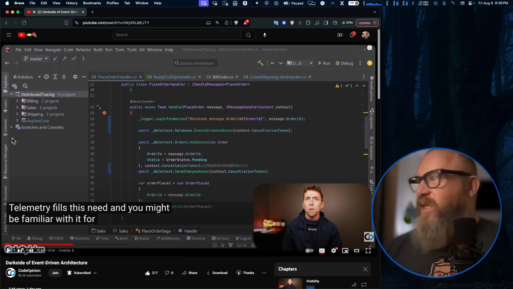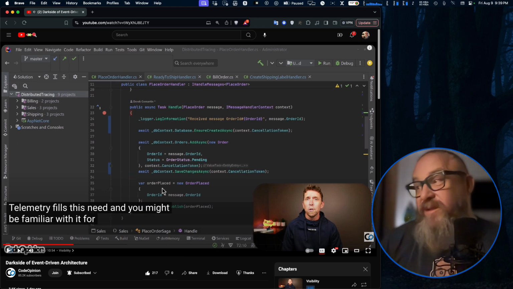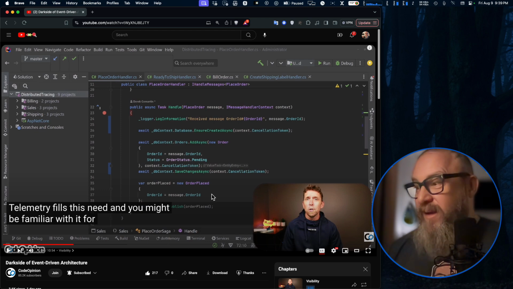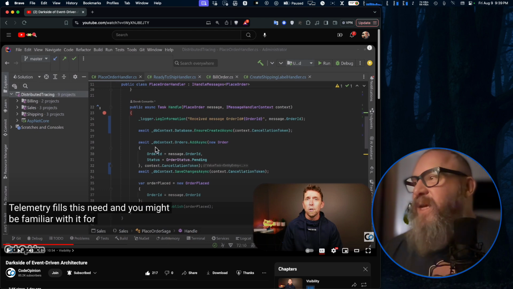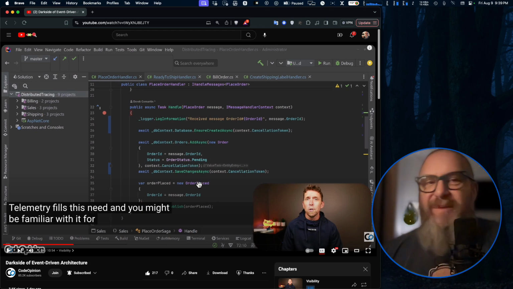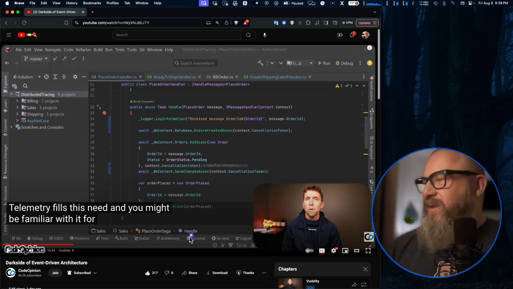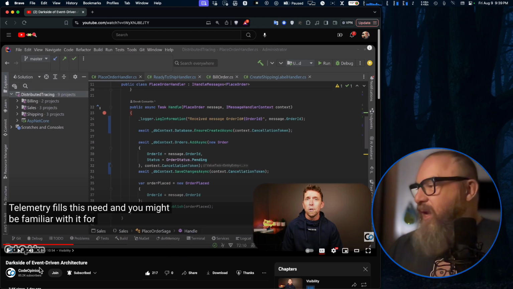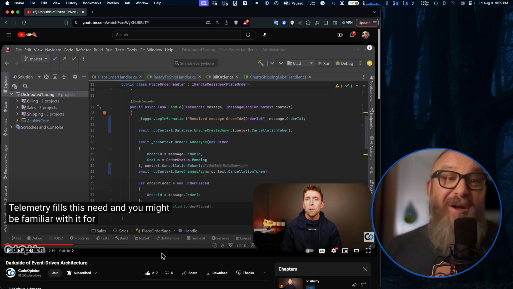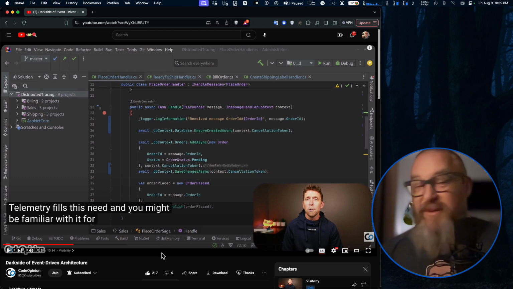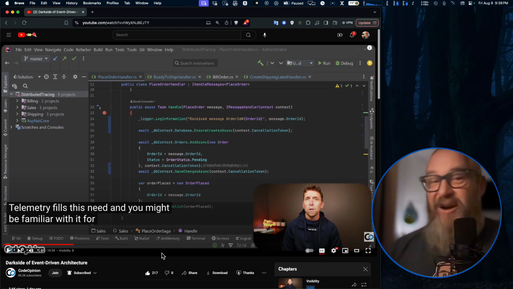So he does stuff in C#, but it's very similar to KTOR and Kotlin, but you can just think of these as a sketch. We're not going to do our stuff in C#, but this is just kind of a sketch to give you the idea of what we're talking about. And he's talking about the dark side, some of the things that can go wrong, and the issues that you kind of have to think about when you're building these systems, so you don't go crazy when they start going wrong or doing things you don't expect.